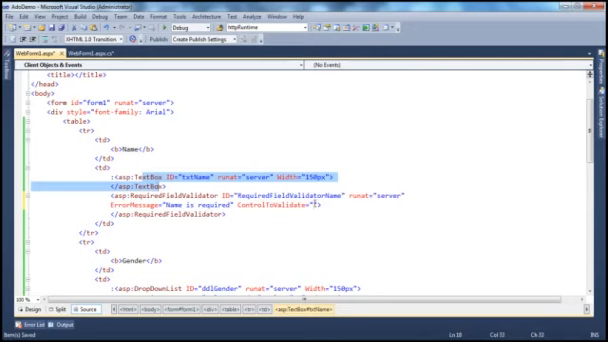Here we specify the ID of the control that we want to validate. In this case, the text box ID is txtName. So I'm going to take that ID and specify that as the value for the control to validate property of the required field validator control. That's it. So now save this, and if we run the project and try to submit the page